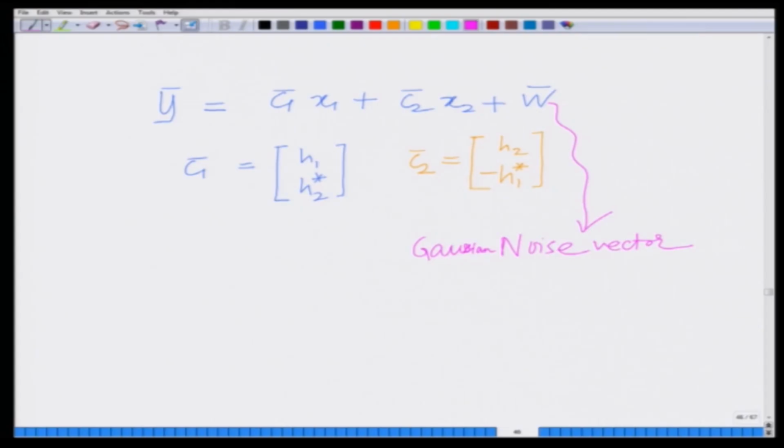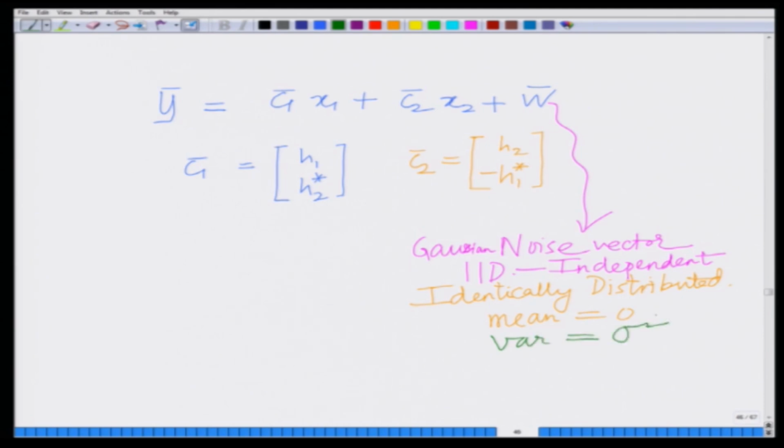So, I have noise elements which are independent identically distributed, the mean is equal to 0, the variance is equal to sigma square. So, I have these two columns, C1 bar is H1 H2 conjugate, C2 bar is H2 minus H1